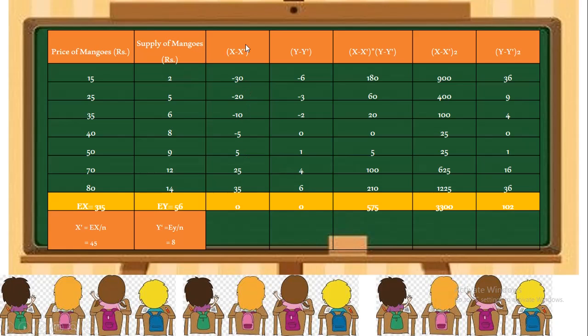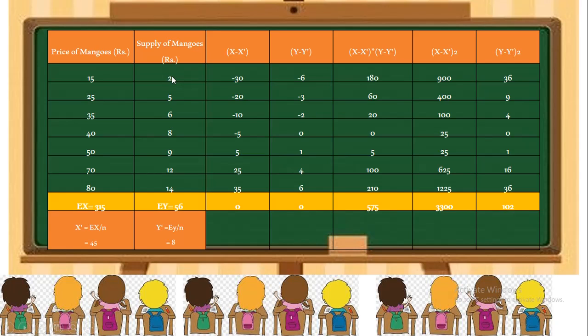The summation of x minus x bar is always 0. Let us cross verify this. So 35 plus 25 is 60. 60 plus 5 is 65. So positive 65, and from this it is 30 plus 20, 50, plus 10, minus 60, plus minus 5 is minus 65. So minus 65 and plus 65 will become 0. So in the x minus x bar and y minus y bar method, this sum is always 0.